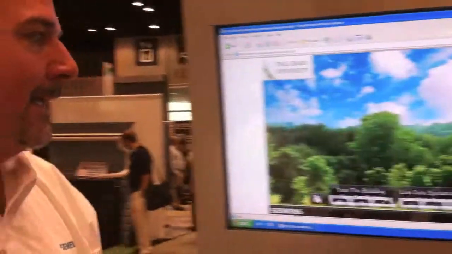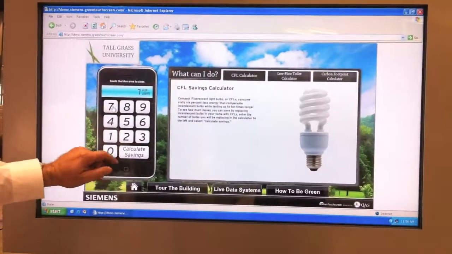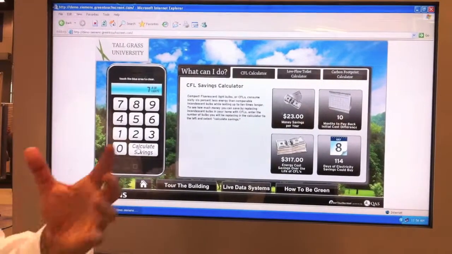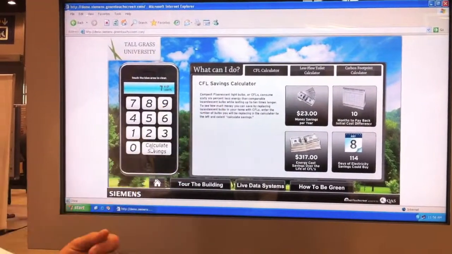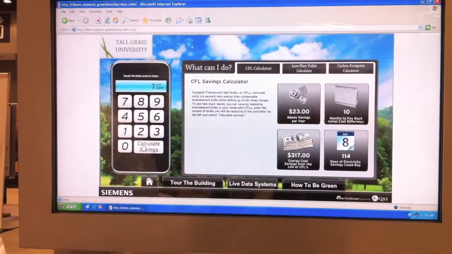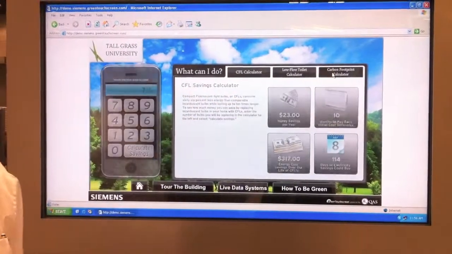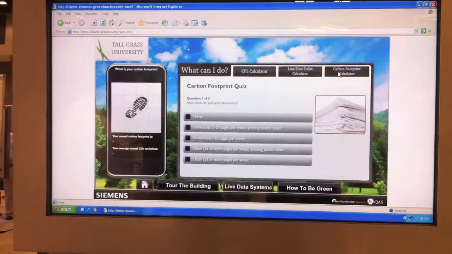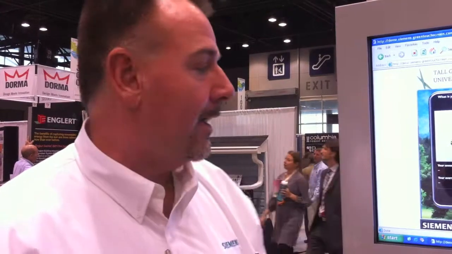So by saying, what can I do? Maybe you've got 7 light bulbs in your house, and if you change them from regular old-style light bulbs to the compact fluorescent, save $23 a year just by changing them. Low-flow toilets. Carbon footprint is a big thing. People want to know, what can I do to impact my carbon footprint? How can I reduce my carbon footprint? We take all the energy savings, and using this simple tool, it calculates our carbon emissions reduction